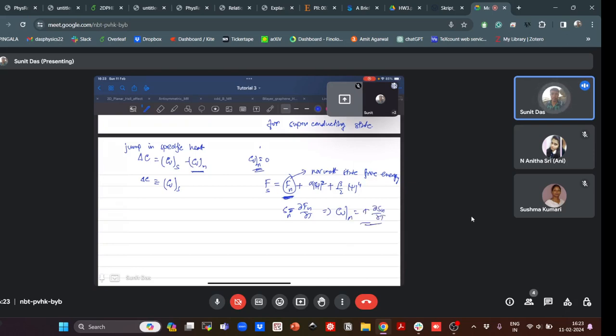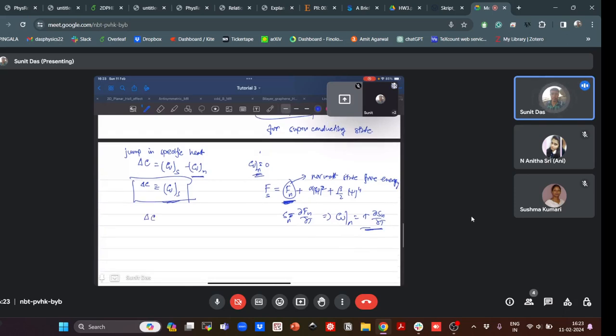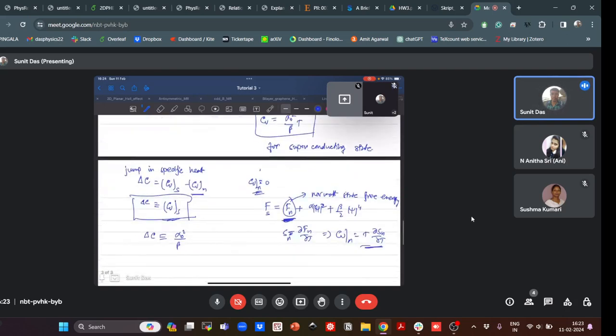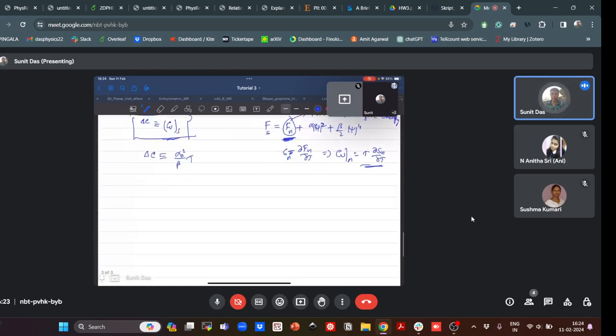So some term will be there, but we are not concerned about this constant thing, which is more general. We are only interested in the specific heat corresponding to the superconductor. So that means delta C is in some way equivalent to alpha 0 square by beta into T, which says that